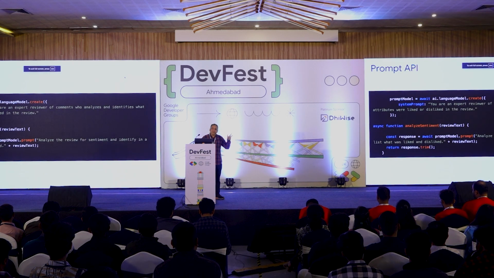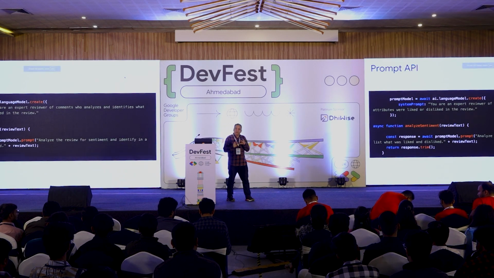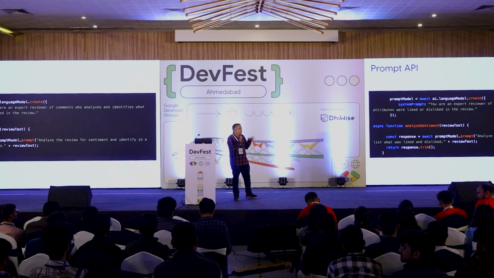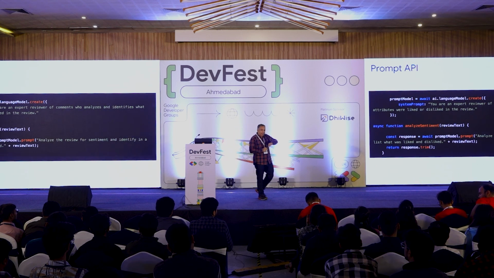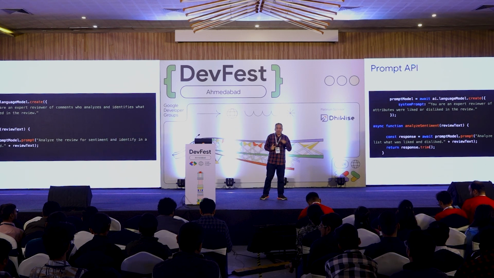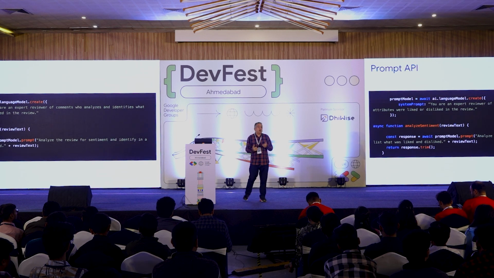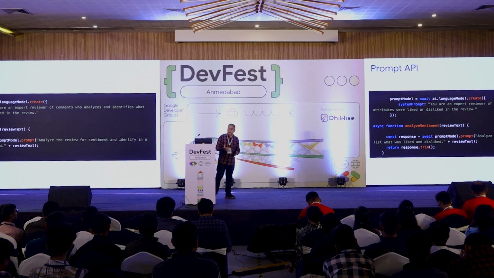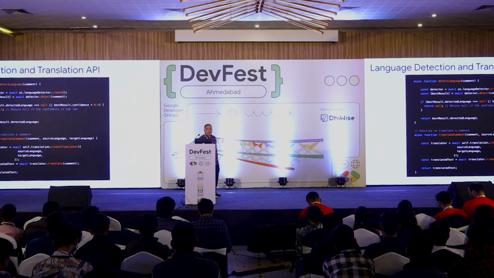The reason they've given the prompt APIs is so that people can experiment. They want to know what the common use cases are, so that they can then be converted into a task API, like summarize or translate or detect language. So the next one is